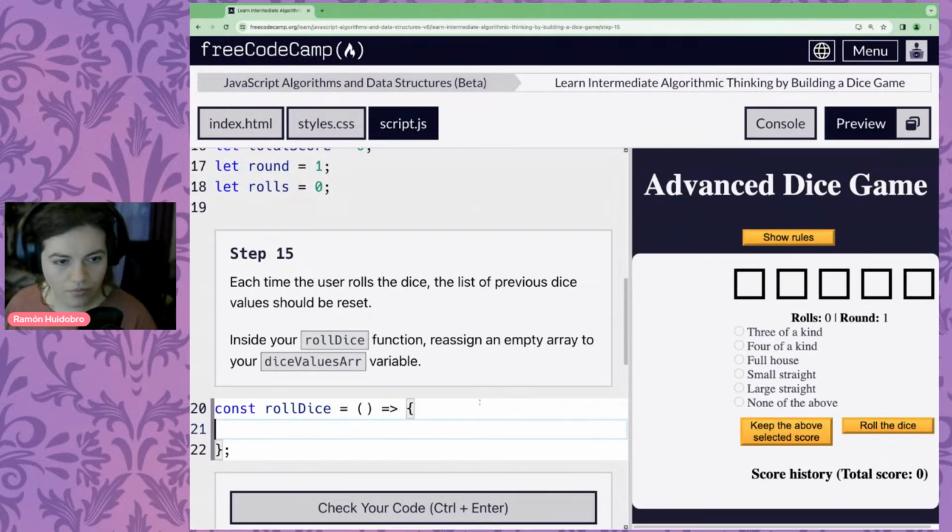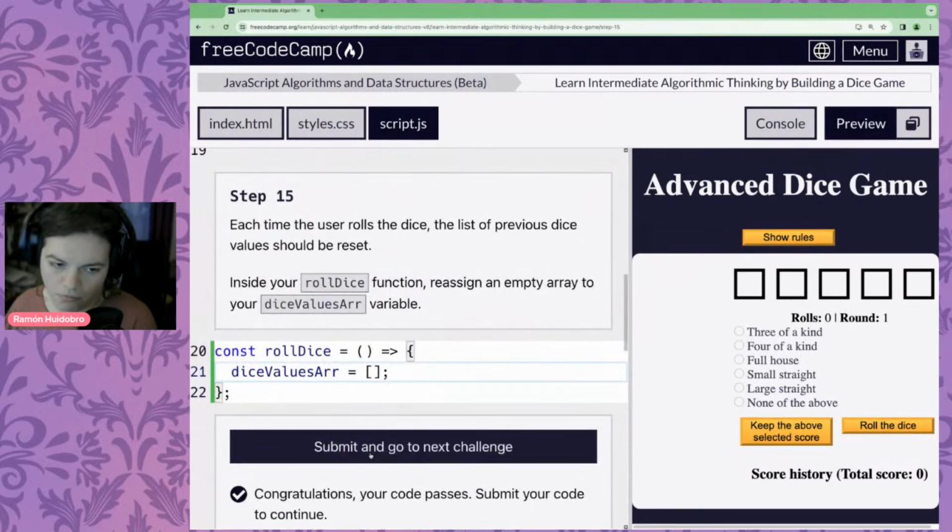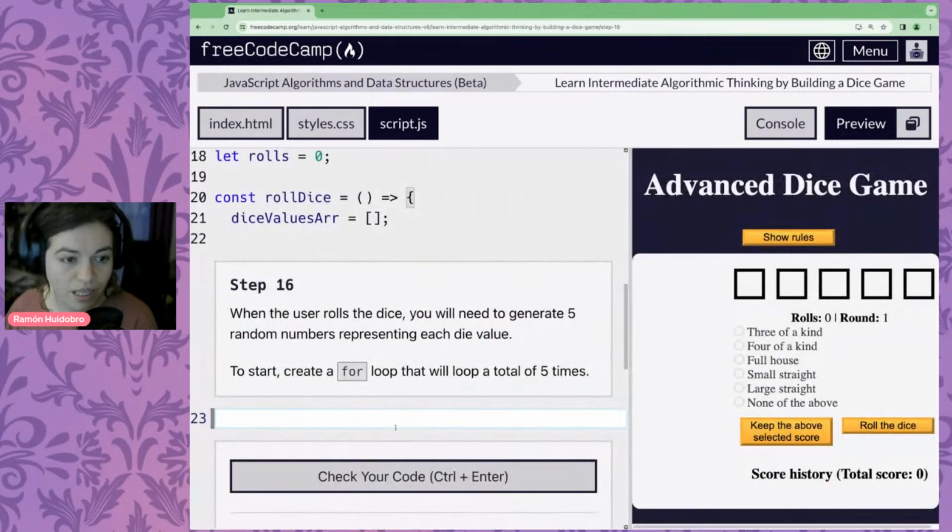So we're going to set our dice values array to be an empty array. Cool. We've emptied out our dice. Let's keep going. Now we're going to generate 5 random numbers for each die value.